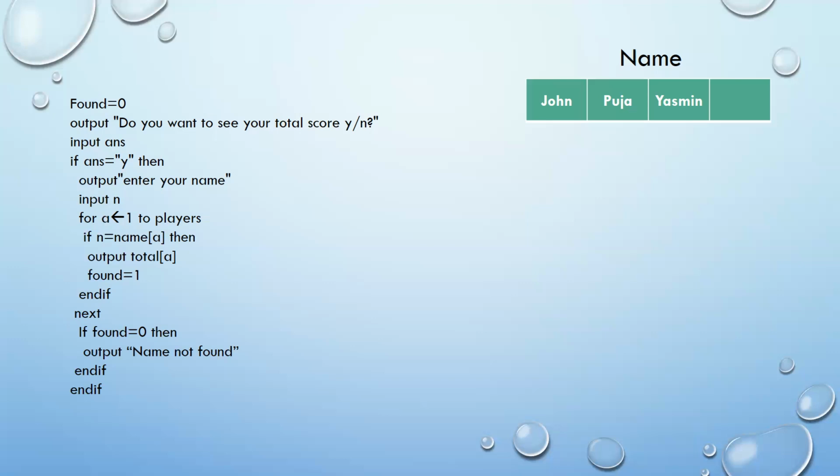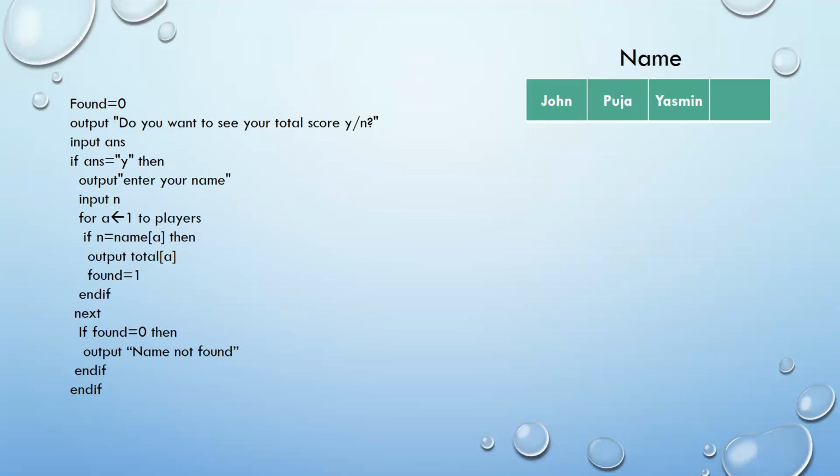And then a linear search would be performed. Now, linear search is not a part of the IGCSE syllabus for the current grade 10 students, so I will not go into the details of that. What would happen is that it would search the entire loop for a particular name which has been entered in the variable n. If that name is found, then it should display me the details. And if the name is not found, then it should give me a message.